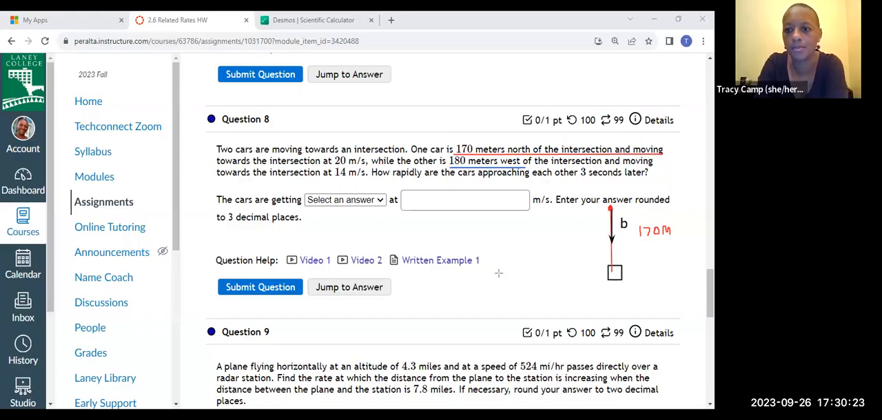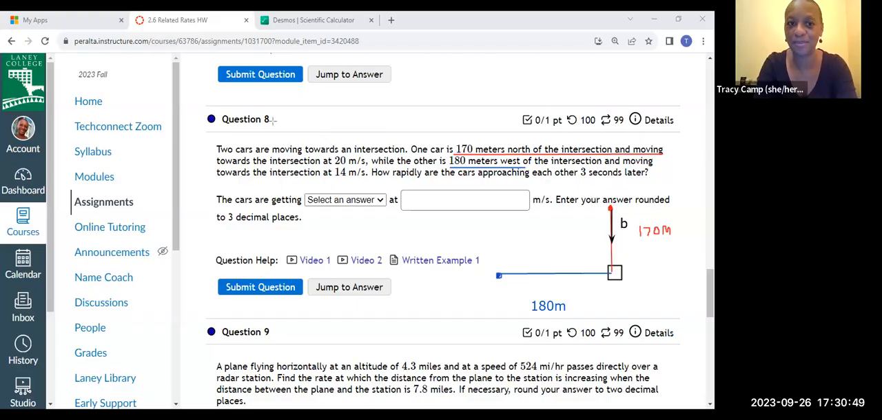I'll try to draw that a bit more horizontal. And that is 180 meters west of the intersection. So its starting point is 180 meters from the intersection. But I can